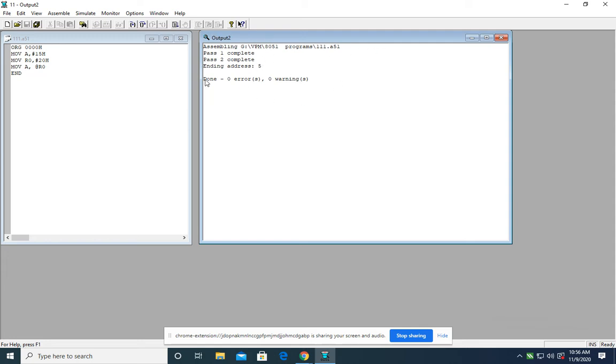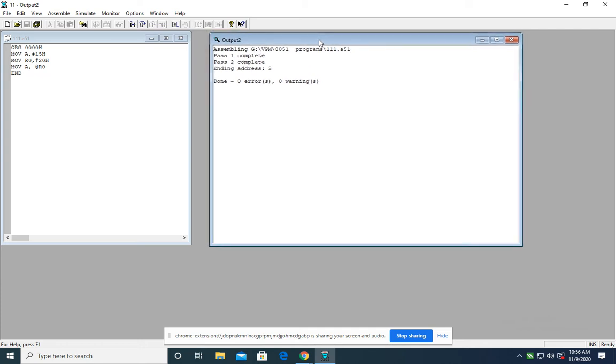It is showing zero errors, zero warnings. If the program has some mistakes, they will be listed in this output file. You click on that particular line and you will be directed to the line where you got the error in the program.